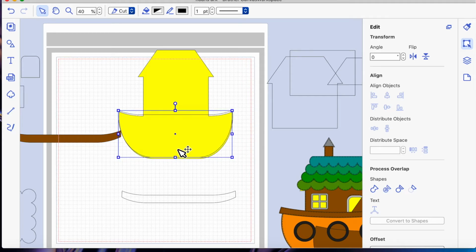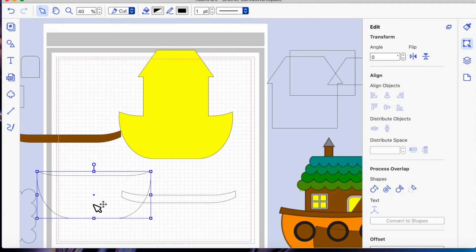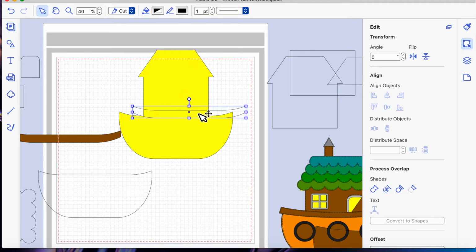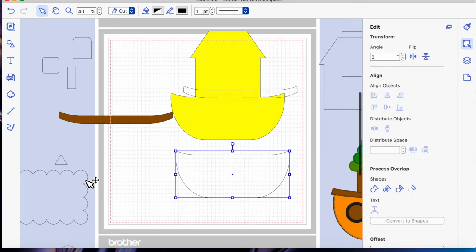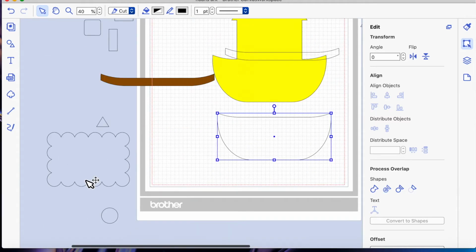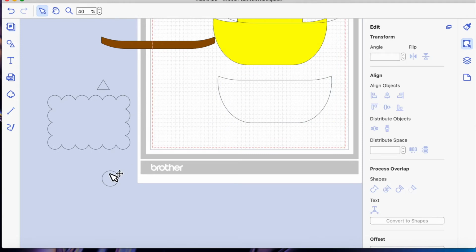So that will fit on there perfectly. And you could do that whatever colour you want. But now we're going to work on the porthole windows. Now, to do that, we need our circle, which we've brought on at the start. So I'm just going to bring it on, and I'm going to